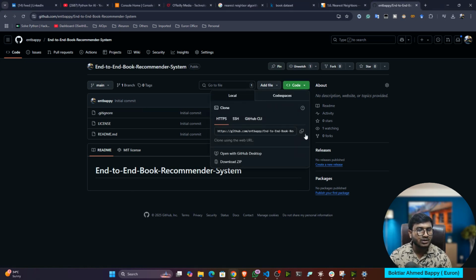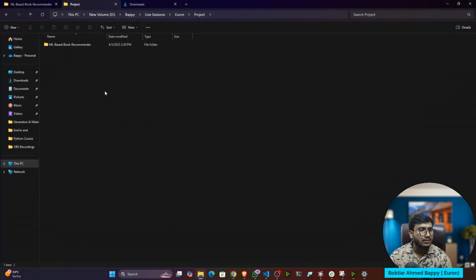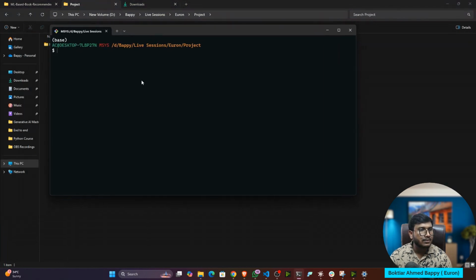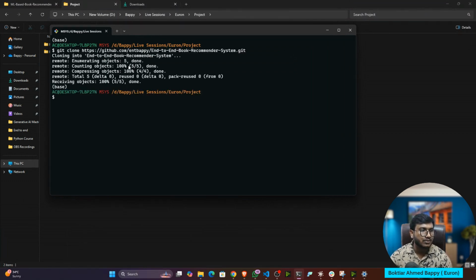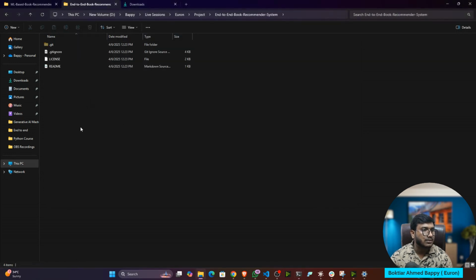Just click on the code, copy the link address. Make sure you are selecting HTTPS. Now open your folder and open up your terminal. Here just write git clone and paste the link. If you press enter, it will clone the repo. Okay, it's done. Now I'll go inside that, cd end-to-end book recommender system. That means now I'm inside this particular folder.